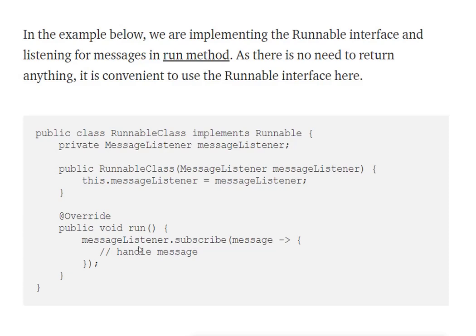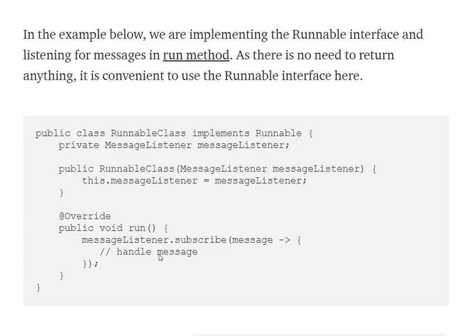So I just subscribe to the messages, and here I can write the logic to handle the messages and so on. That is up to your requirement. Here you do not need to know about the return type, what this thread returns. So you can use the Runnable interface here, it is perfectly fitting.